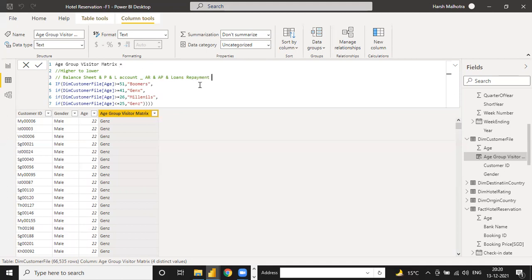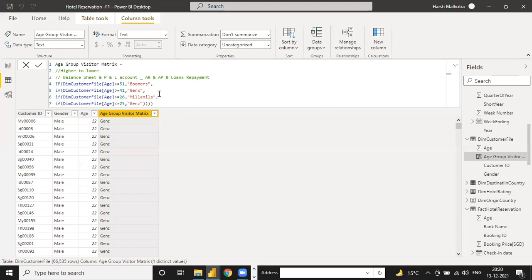Okay, these three accounts you have to write into your balance sheet and profit and loss account. So this criteria is followed in that also. Like in AR, suppose you have an invoice date of 1st January 2010 and your payment date is after 90 days. It means you have to write your invoice condition first, that higher condition.